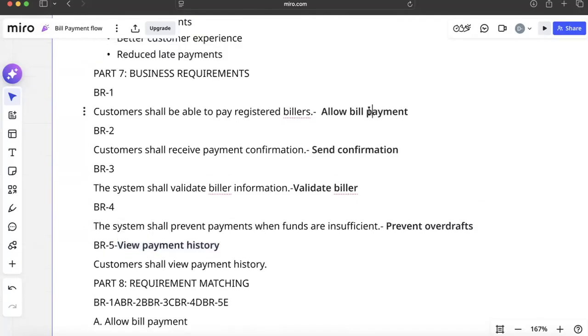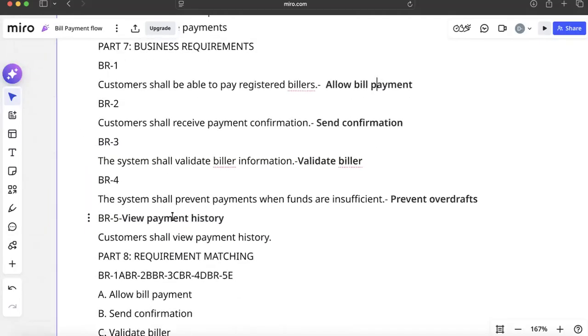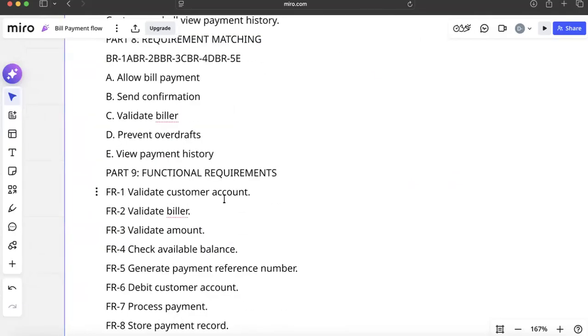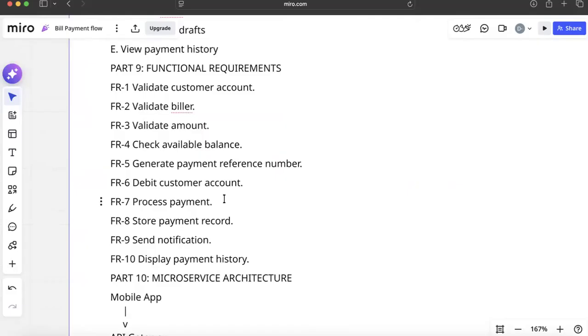Okay, so bill payment, send confirmation, validate biller, prevent overdraft, view payment history. So now let's move on to the functional requirements. Okay, in the functional requirements,